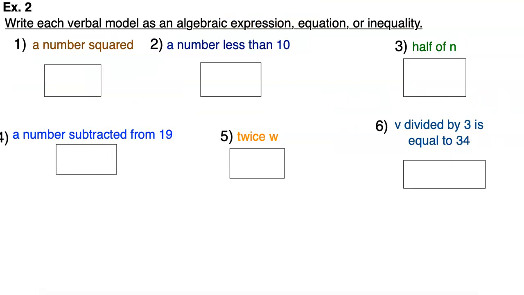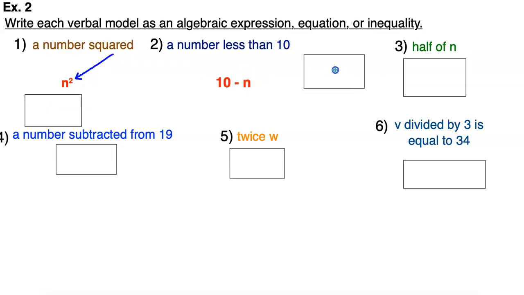All right, so here's some phrases, and then I'm going to show you what it's going to look like as an algebraic expression or even an equality. So a number squared, we typically write it like that. And you don't have to use n, but that's the most common thing that we use in algebra when we don't know exactly what that value is going to be. And then squared is represented with the number 2. A number less than 10, so that's subtraction. Half of n,